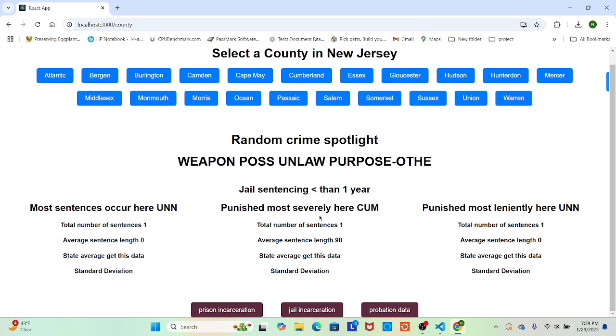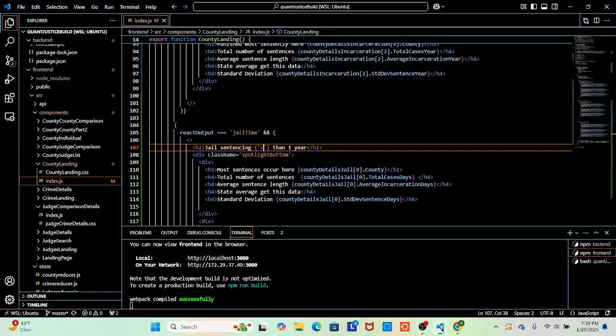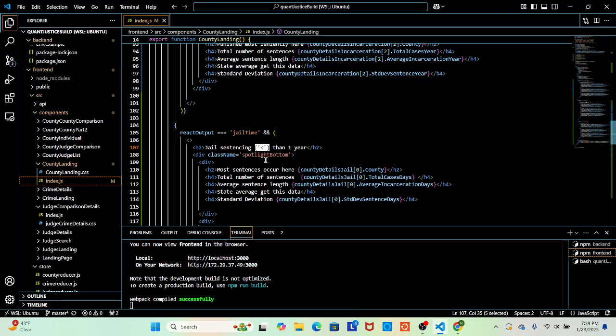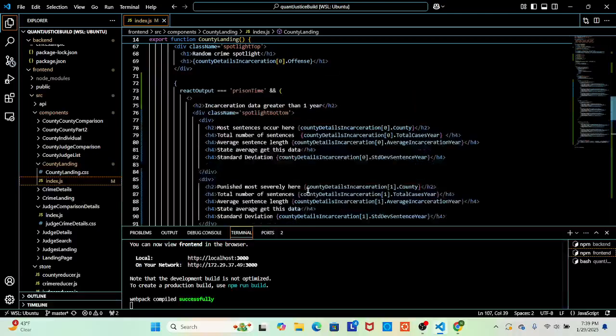Yeah, I mean, I don't know what that term is. But do I want that there? Actually, retrospectively, it kind of looks ugly. Greater than 1 year.